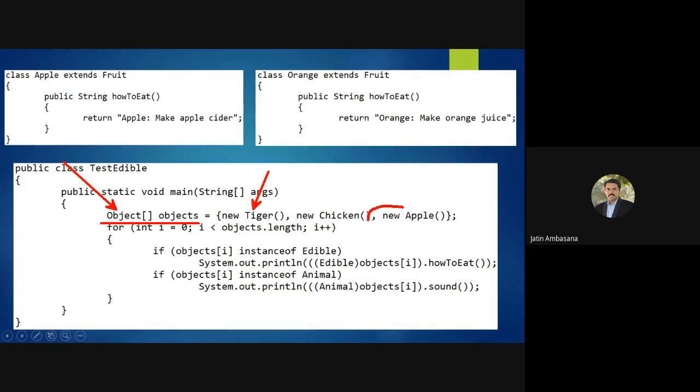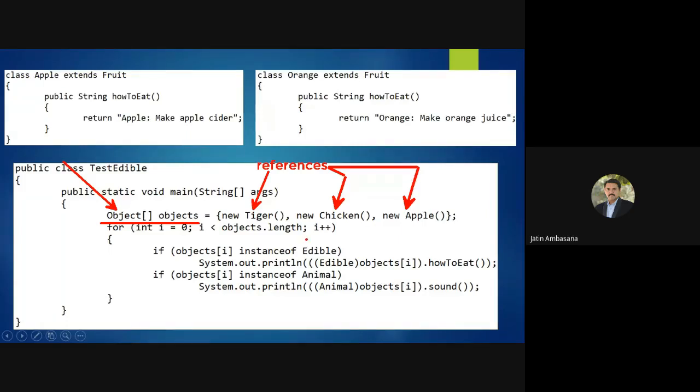And we also have an Apple object, so this new Apple will also return a reference. So these three references would be returned over here. Remember, what does new return? It returns the references. These all are nothing but the references being returned.